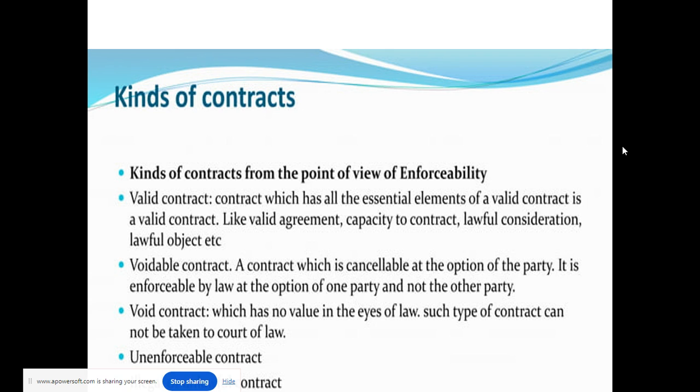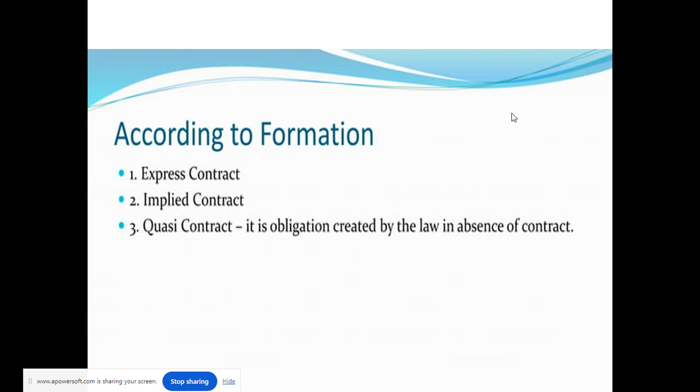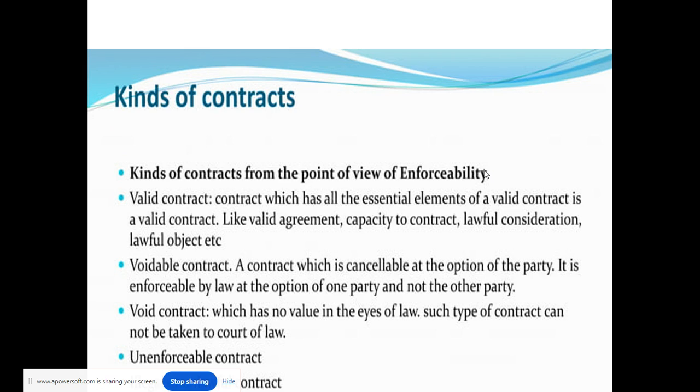So, let me give you an example for the three different kinds of contracts. If I talk about the void contract: a contract to import goods from Pakistan becomes void when a war breaks out between the importing country and the exporting country, that is India and Pakistan. So here, what does the law say? A contract becomes void when it ceases to be enforceable by law.